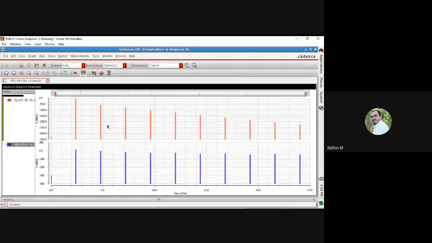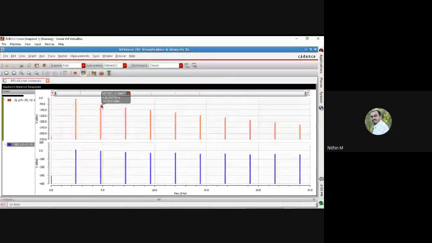Your second harmonic appears at 4.8 GHz. Previously, the power of that harmonic was minus 59, but now when your input signal amplitude increased, the output power for that particular harmonic has increased to minus 4 dBm. So I think you can visualize the nonlinear effect of the system. As your signal amplitude becomes larger, that makes your circuit heavily nonlinear, and that results in strong harmonic components at the output of the system.